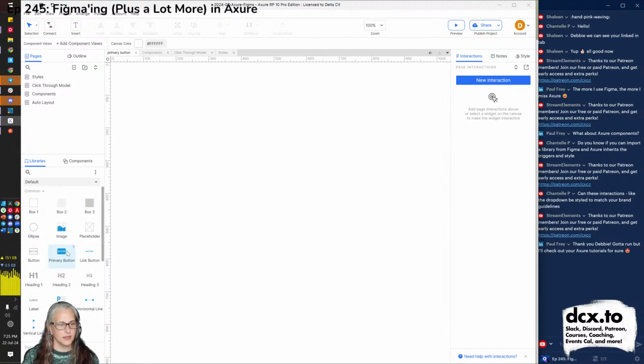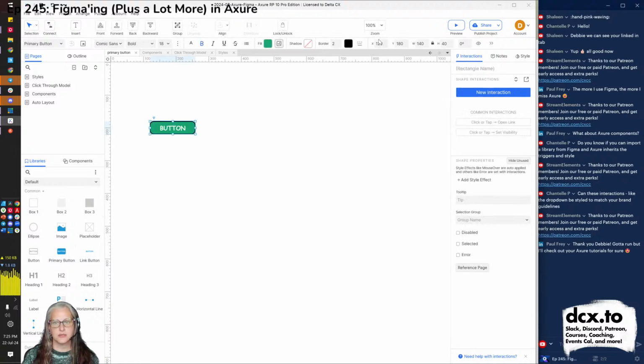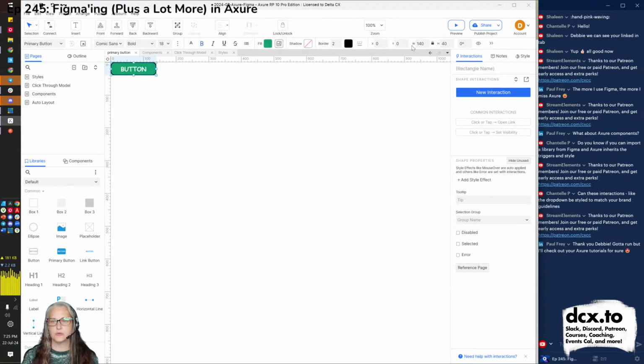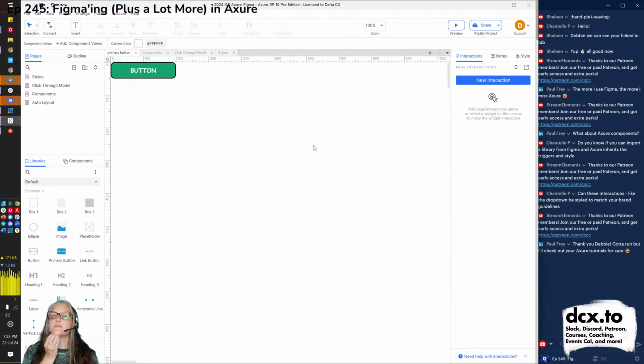Oops, I've gone too far. 0, 0. There we go. Well, first of all, that didn't really need to be a component. That's kind of ready to go. But let's say you like your button to be a certain size, and so that's what you want. So it's going to be 200 wide by 50 high. That's our default button. The end.